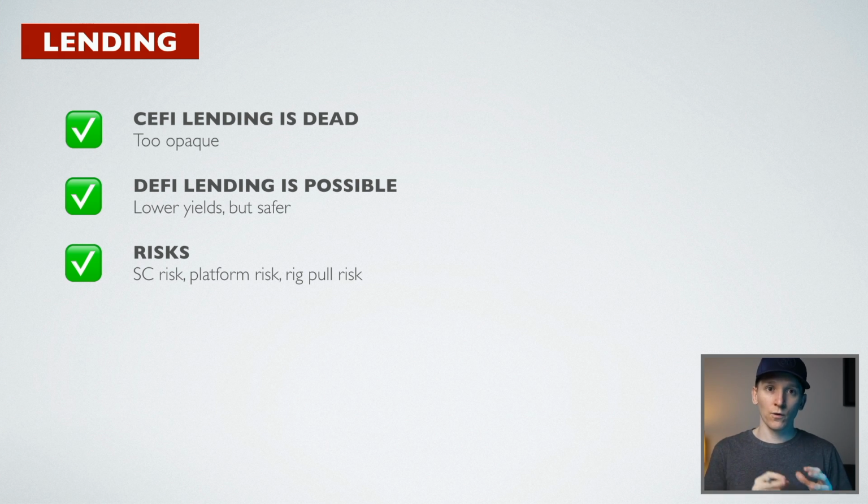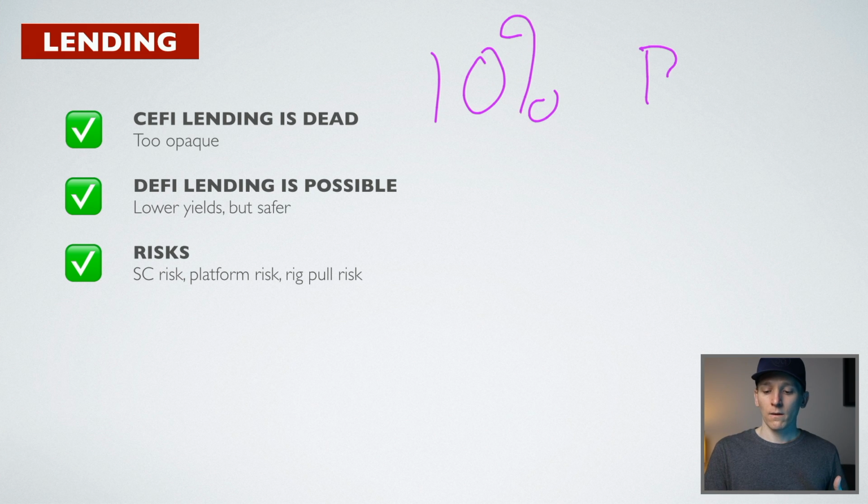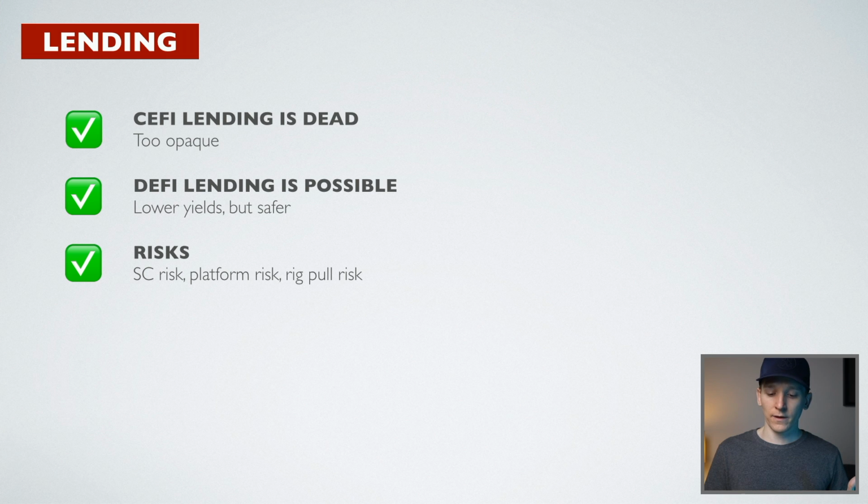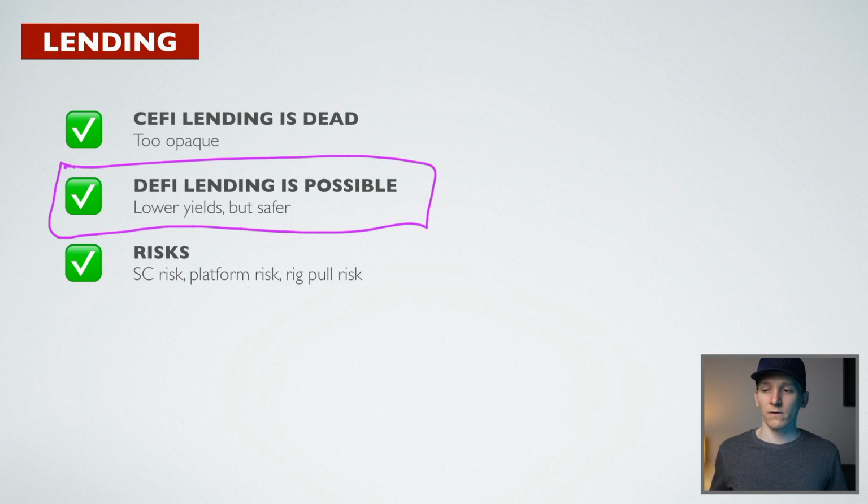So let's use crypto for what it's for, which is decentralized lending, or decentralized finance. So we're not going to put any crypto with CeFi lenders, because even though they may pay 10% yield, what you're doing is taking an apex asset like BTC and turning it into a junk bond. That's how you get the 10% yield. And the insolvencies mean that it's all gone, right? So let's not do that. Let's look at DeFi lending and see what the risks are here.